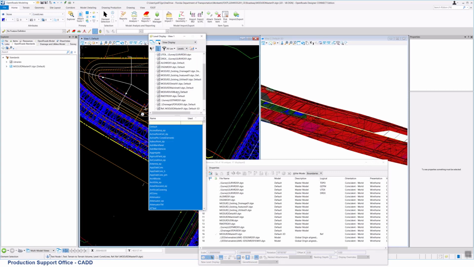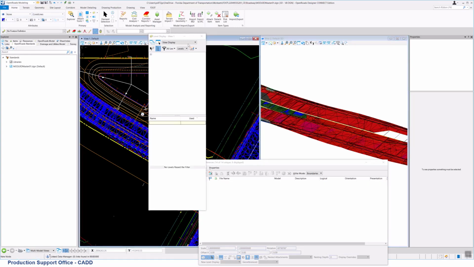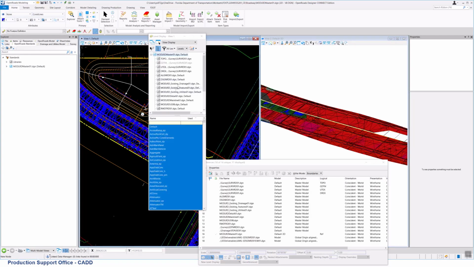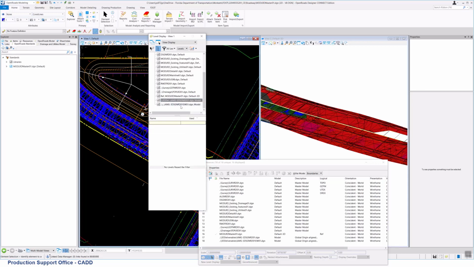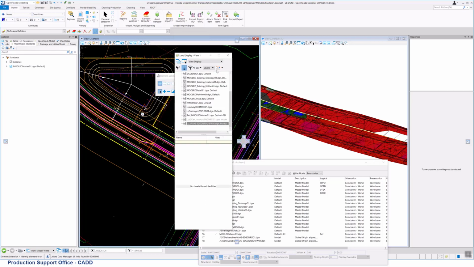If I just select my main line and my US 98, I can turn off the volumes. This needs to be my 3D view. In my 2D view, what I want to turn off is the ones I just attached, the 3DSGN RD01 and the EW01, so they're not cluttering it up.